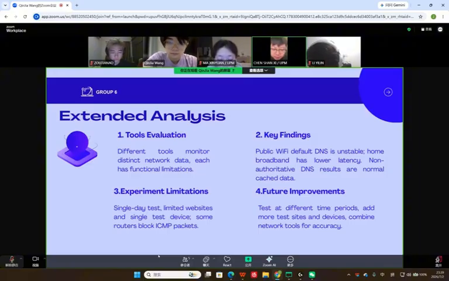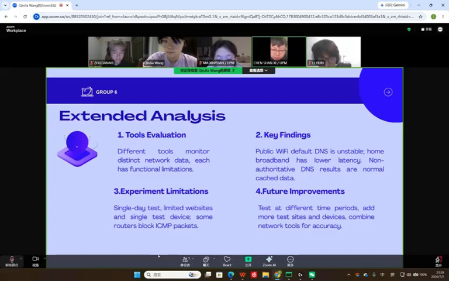Trace is simple, but some routers block ICMP packets and show timeout. DNS query checks domain resolution, but it does not measure delay or packet loss. TCPView monitors local connections, but it cannot trace